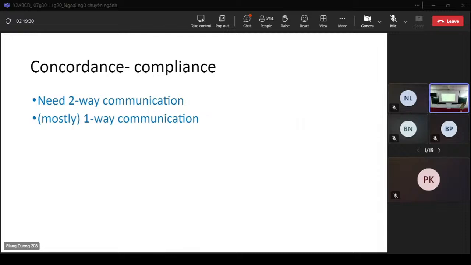Còn cái chữ compliance nó nghiêng về việc tuân thủ, tức là mình được đưa thuốc nào thì mình cứ tuân thủ xài thuốc đó thôi. Các bạn hiểu nghĩa gốc của hai cái từ này chưa? Ha, concordance thì người ta xài nghĩa tốt hơn và rộng hơn để cho đảm bảo một cái hiệu quả tốt cho việc dùng thuốc. Ha.